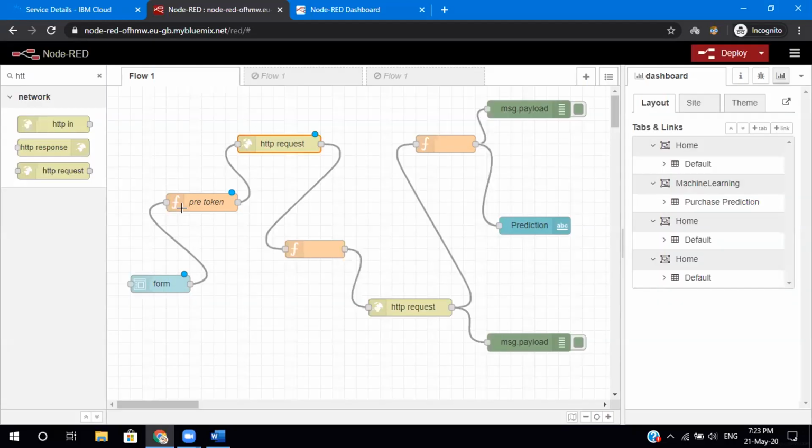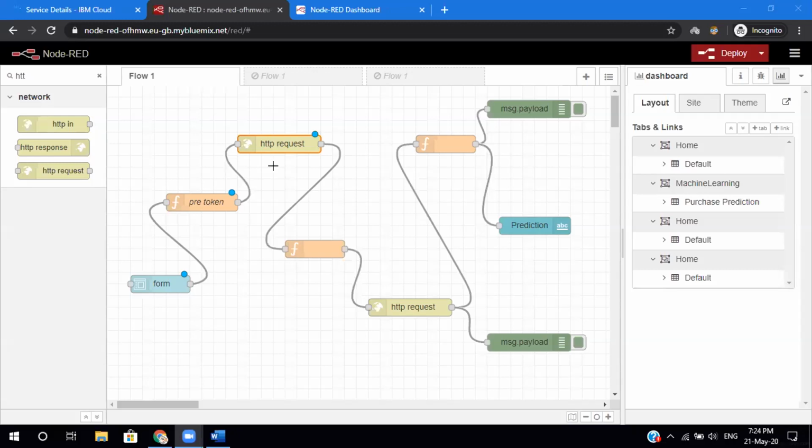Now we've gained access to the machine learning service, not to your model. We've not gained access to your model yet. We've just gained access to the machine learning service. Am I clear till now? We will be sharing this recording so that you can listen to it again. So I'm proceeding.